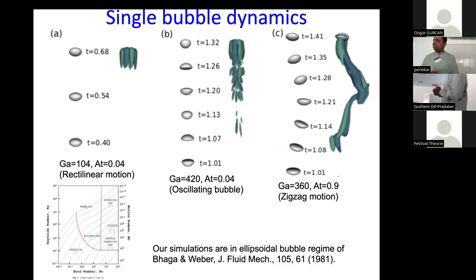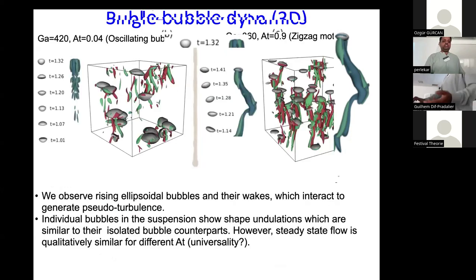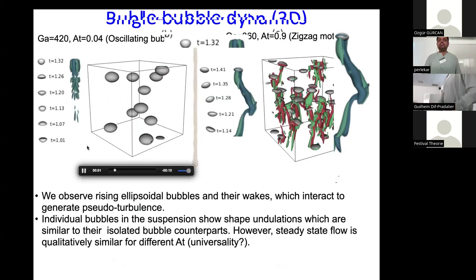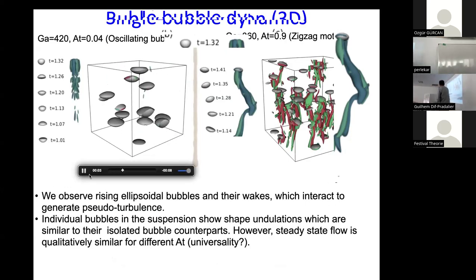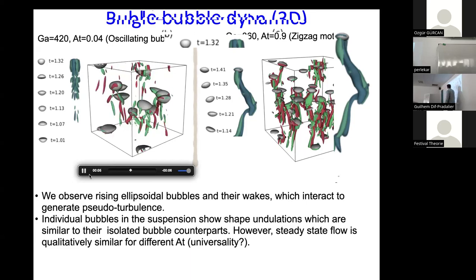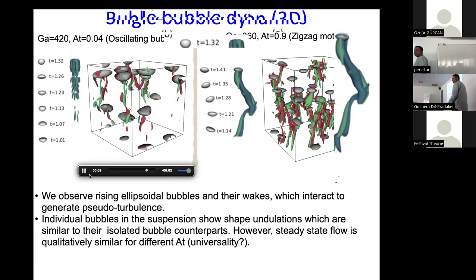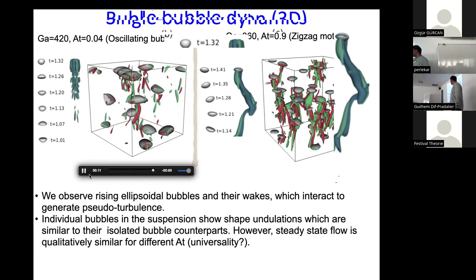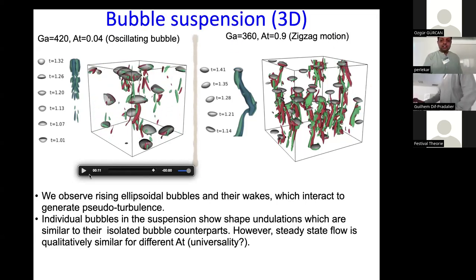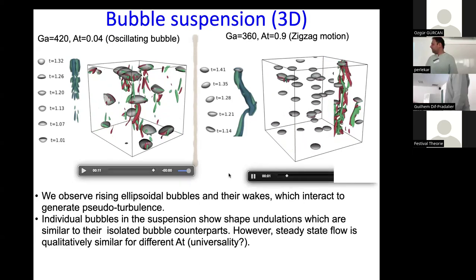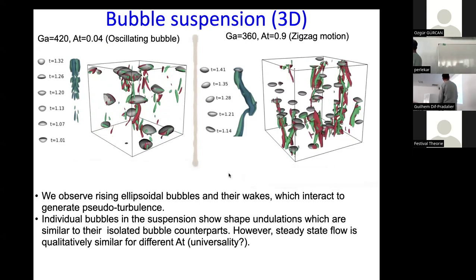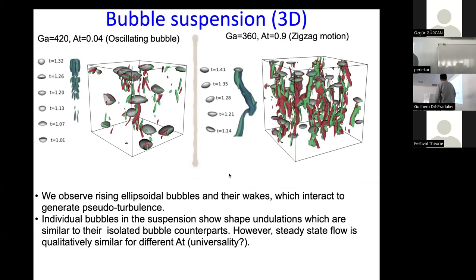Now you ask yourself the question: if I take, let's say, a suspension of this bubble and a suspension of this bubble, what is it I'm going to get? So that's what you then do. You do a simulation first for a single bubble like this, and you see as the time evolves, the bubbles start to shed wakes, and these wakes then start to interact with each other, create some kind of a soup. You can do the same thing with the other one.